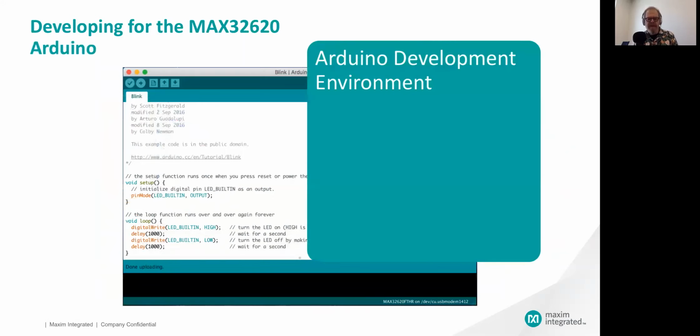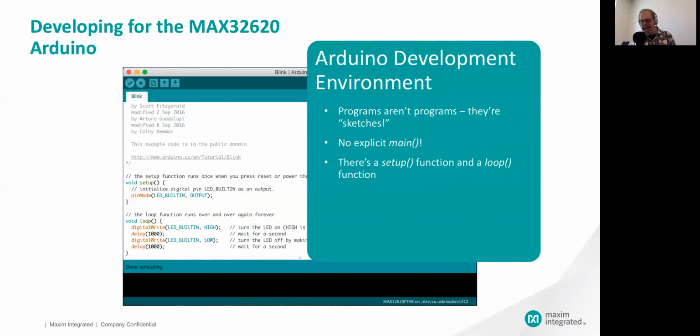The Arduino development environment is rather similar to Embed. It's a little different, though. You don't develop actual programs or applications. You create sketches. When you're developing a program, you don't start with main. Instead, you write a setup function and a loop function. Now, if you've programmed a lot of embedded, that actually makes a lot of sense. It reflects reality. I mean, that's what you generally do. You run some setup code, and then you enter an infinite loop, and that's where the actual work for the